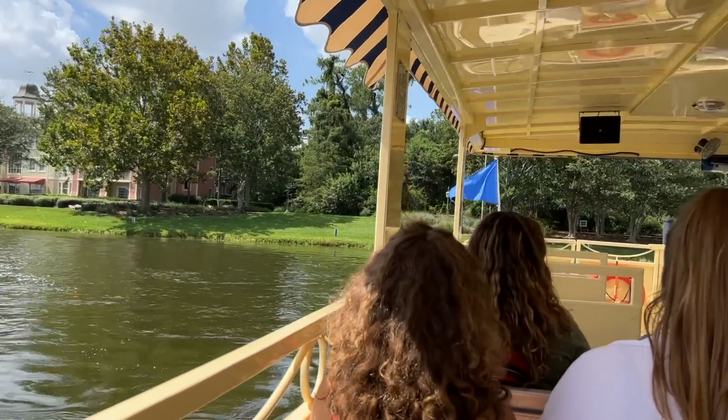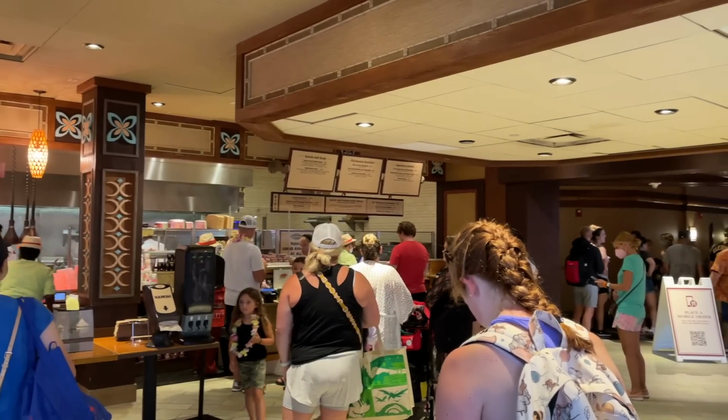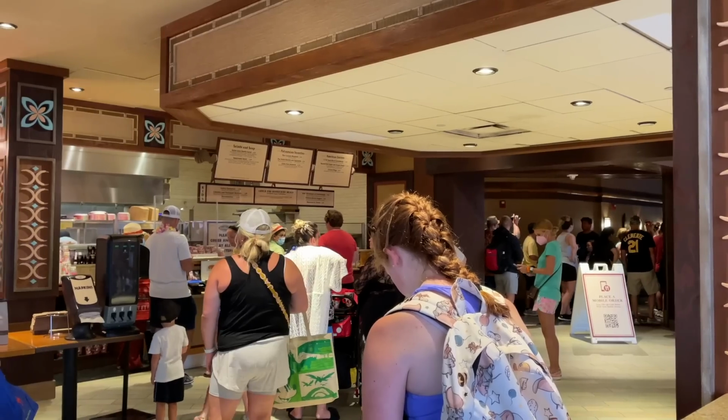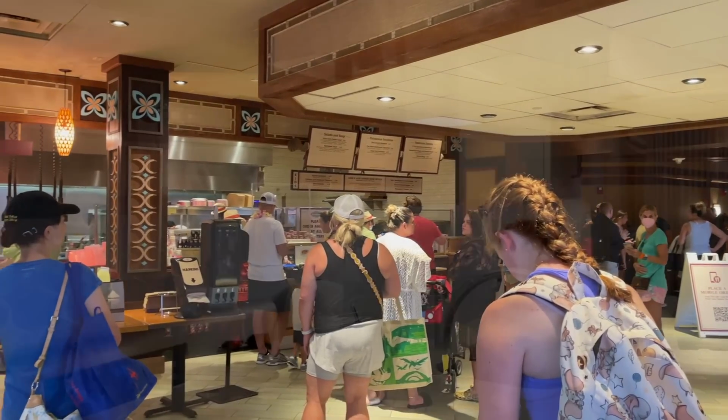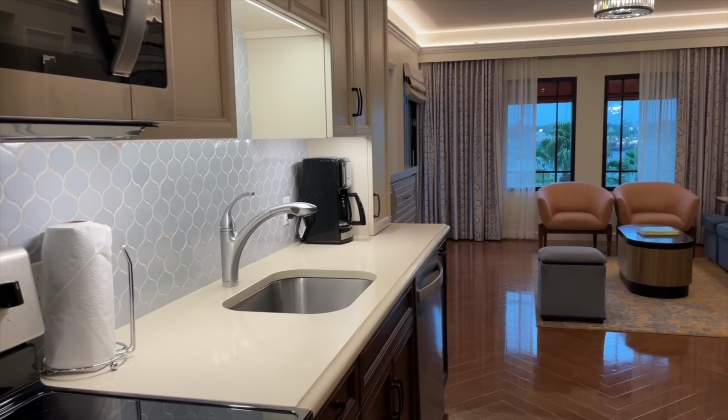Other than that, though, Disney has built their resorts to withstand major hurricane conditions, as well as provide backup generator power if needed. But some rooms can provide an even better experience to wait out those stormy conditions. Let's dig into that. If your room has a kitchen area with a full-size fridge, stove, and cooking utensils, and